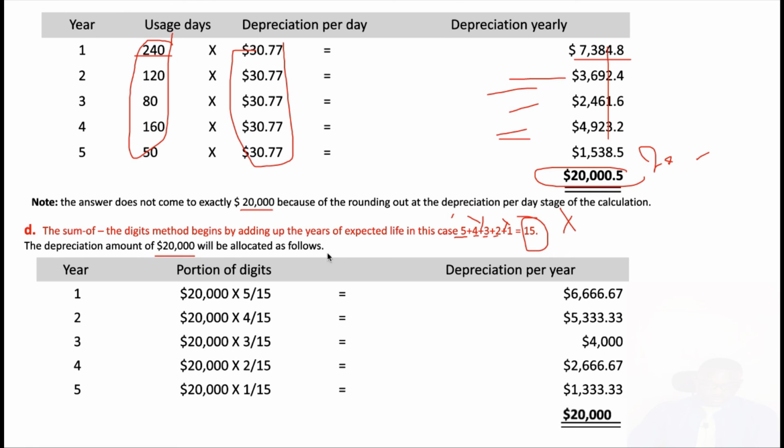The first year is 20,000 times 5 divided by 15, the total, which gives us this amount. And the second year 20,000 times 4 over 15, and so on up to the end of the last year. The total will give us $20,000. And this is the end of the depreciation accounting,